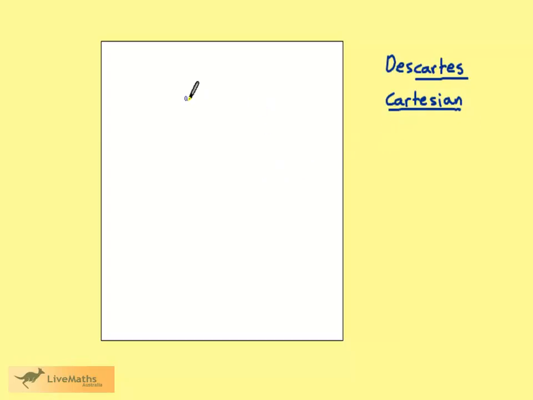The story goes that Descartes was lying in bed one night looking at his ceiling. Imagine that this is his ceiling. He was watching a fly which was walking on the ceiling. If I have a fly walking on my ceiling, my usual thought is that I want to get rid of it. However, Descartes wanted to be able to describe the position of the fly as it walked about to other people. This is how he came up with the idea for the coordinate system.